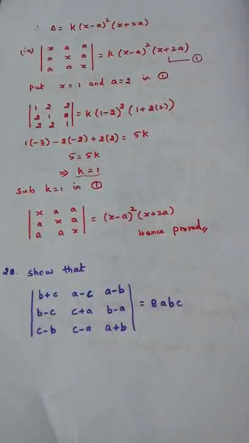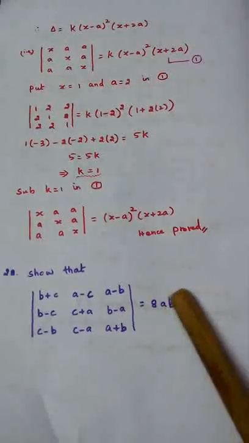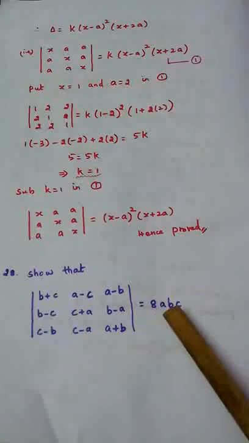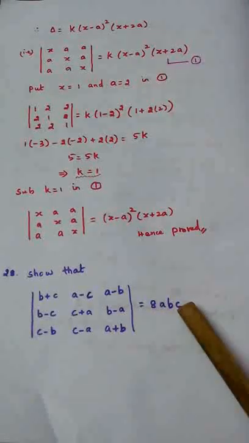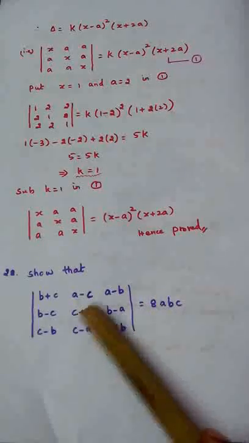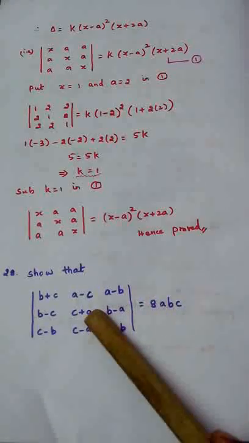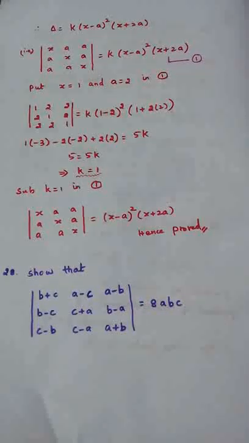So again we are going to go for factor theorem. Again I am going to closely observe the answer. A is given, b is given, c is given. So what I am going to do is first put a equal to 0 in delta, and then b equal to 0 in delta, c equal to 0 in delta. So with the answer only we are selecting our first step, what we are going to do.